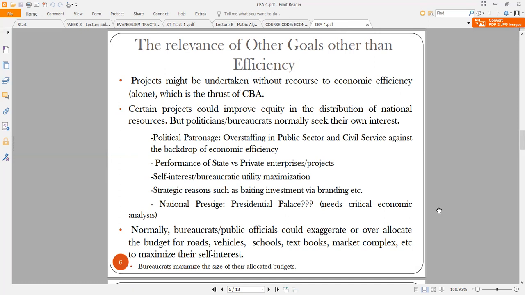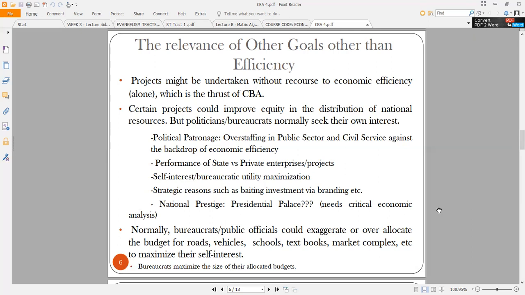They want to construct roads. They know that the cost of constructing the road is 10,000. They can say it's 15,000 just to pocket the extra 5,000. And when it happens like that, efficiency wise, you see that it will be totally off. And because of this political system, there's mostly political patronage. They will try to overstaff